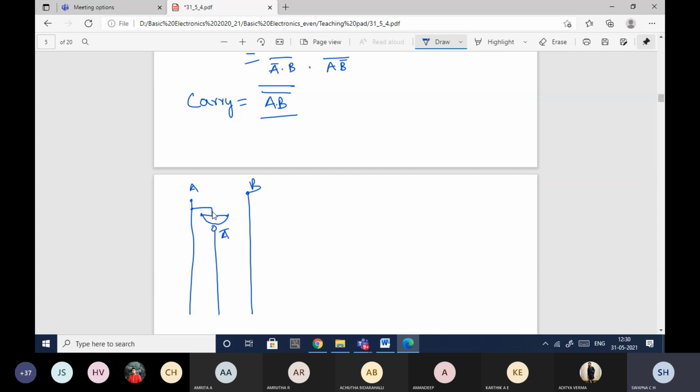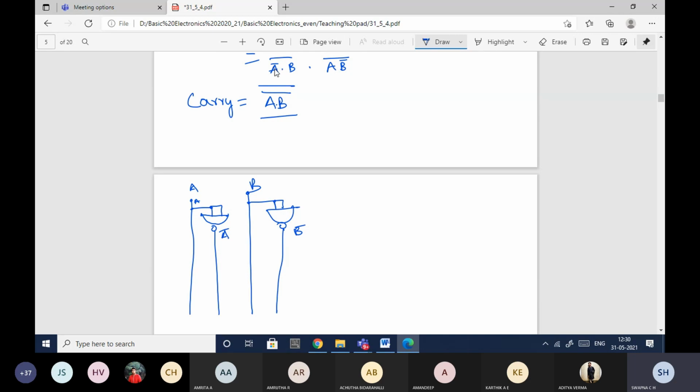I don't have a single input NAND. So both the inputs of the NAND gate will be connected to A only, so I'll get A bar. In the same way, for B bar, I don't have the single input NAND gate, so I'll connect both from the same input. So here I'll get B bar. Now I got A bar, I got B bar also.